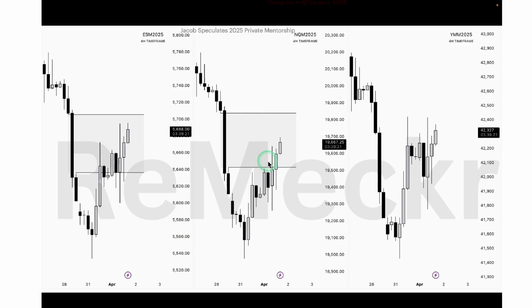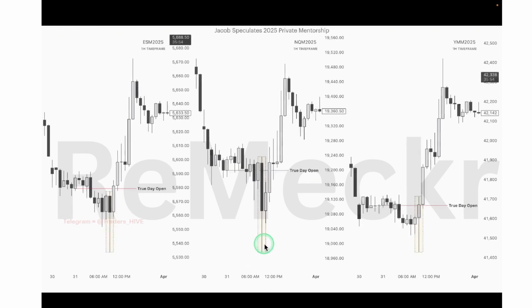I made a little post on WAP seeing if we could get that reversal to form today, which it didn't. So tomorrow would be the day to look for that intra-week reversal, which we will cover a little bit later on in this video. But we are going to go ahead and look at this portion of price action right here, which would be Monday's price action through the lens of the 1 hour time frame.